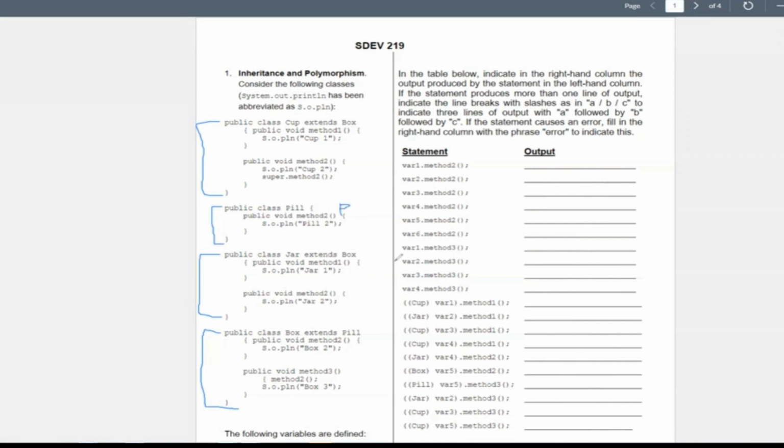Why is that the parent class? Box extends pill, and pill is actually not extending anything. Exactly, so it doesn't extend anything. That should be the first indicator that it might be the most parent. So if you draw out the hierarchy, that would be